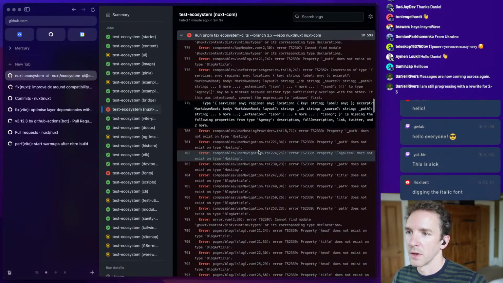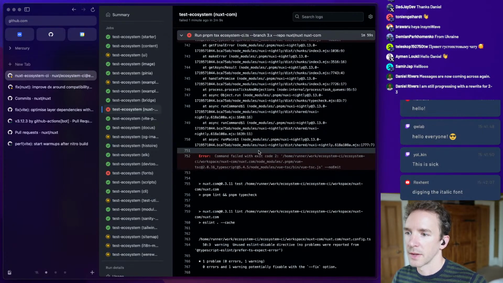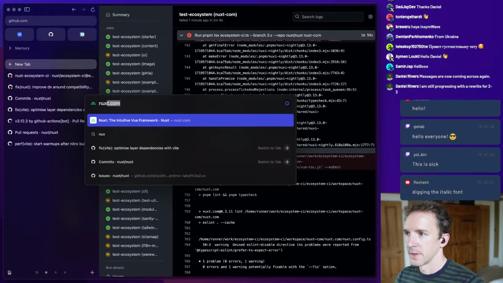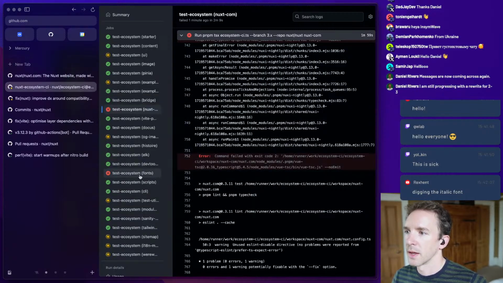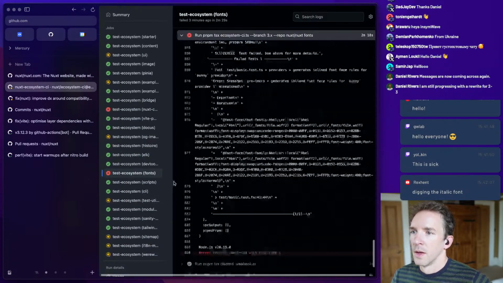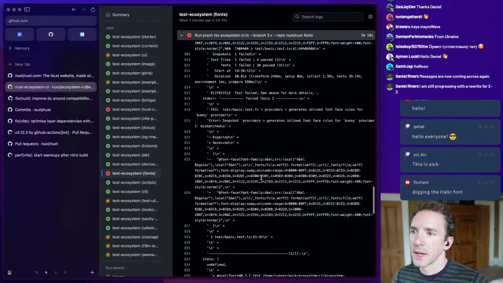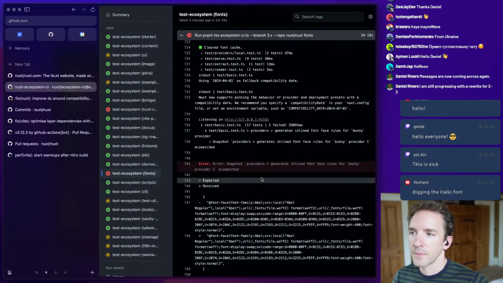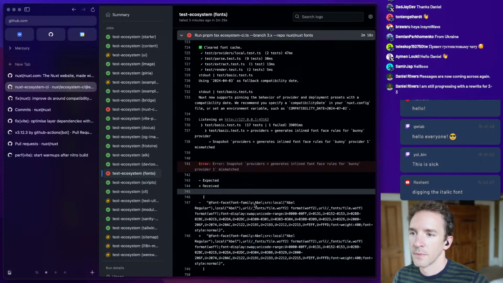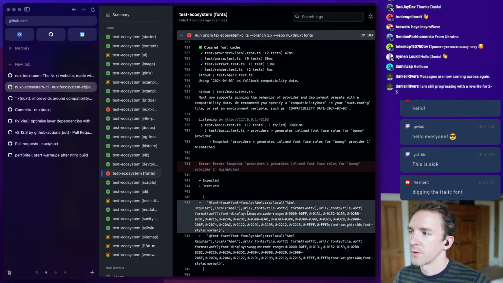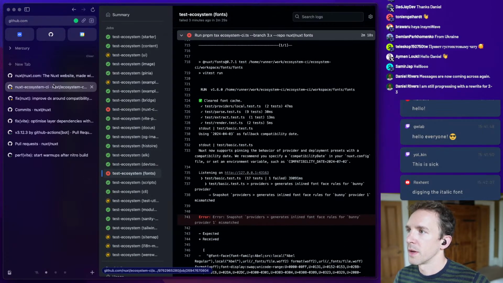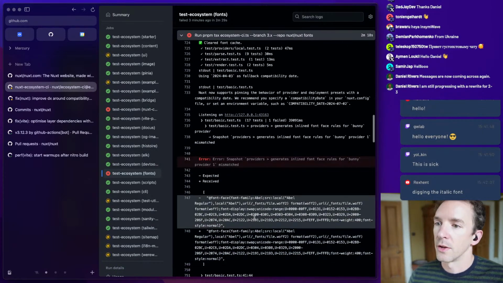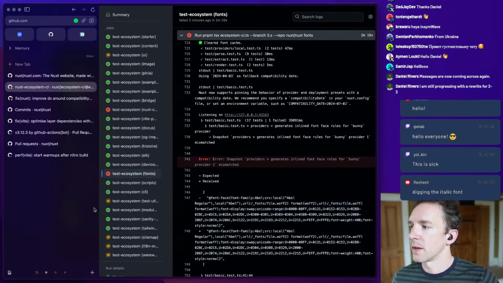I'm going to have to look at what on earth we have done. Is that genuinely something that we've done from Nuxt, or is that a... For goodness sake. No, that looks fine as well. That's just a snapshot failure, nothing to do with Nuxt. As in that's because the underlying Google Fonts CSS has changed.